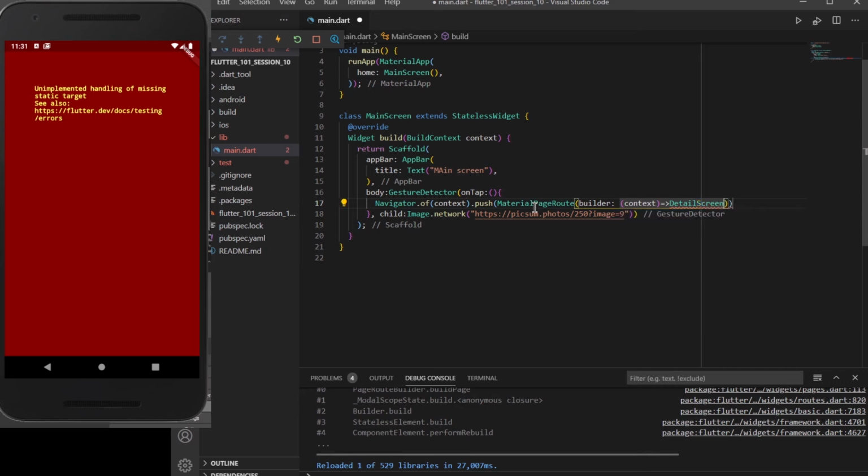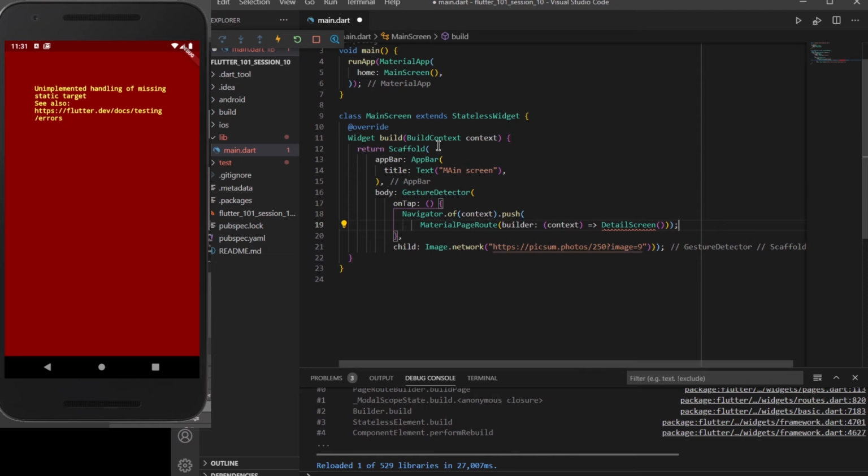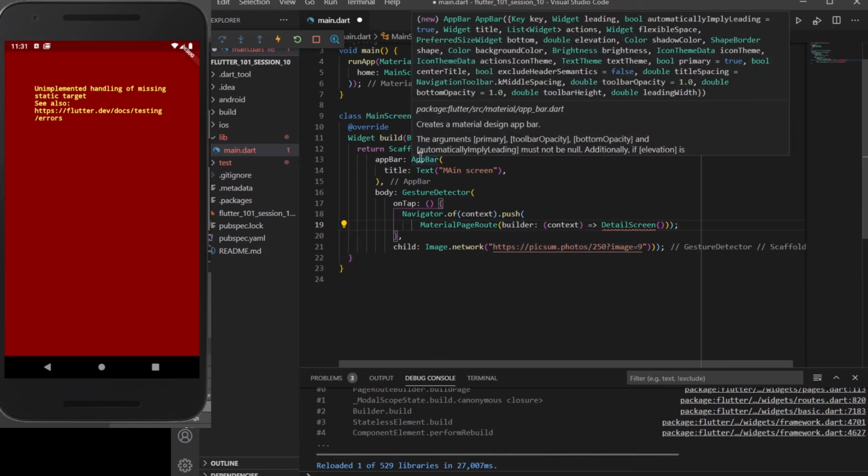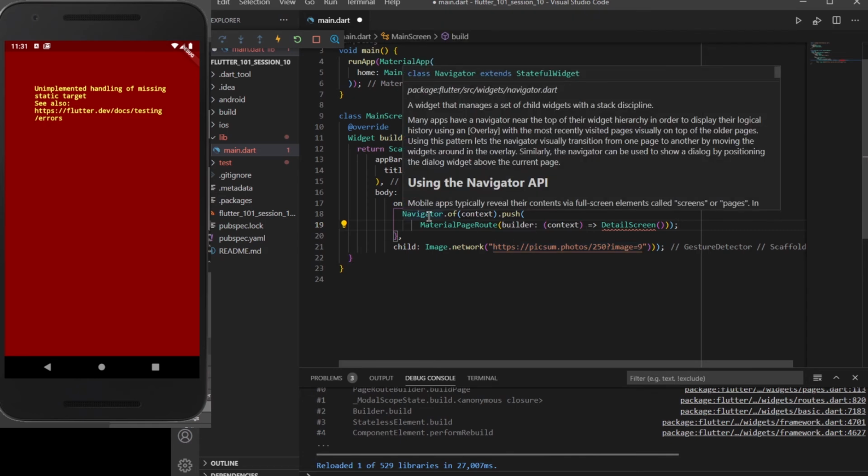For now, what I'm doing is developing all the screens we have inside our application in this particular main.dart file. But you can refer to our previous session in which I told you about the different methods and file structures you can use inside your Flutter application, and you can check them out for more info on how you can manage your project structure.